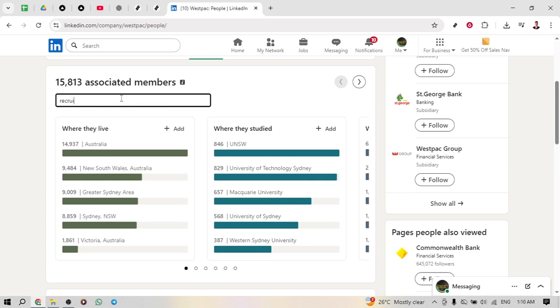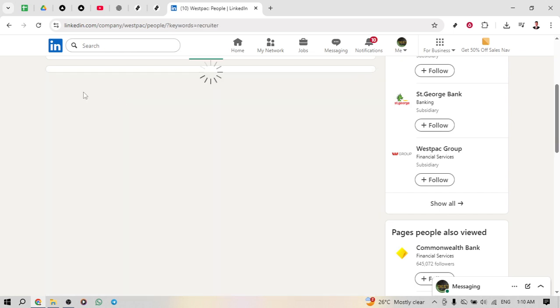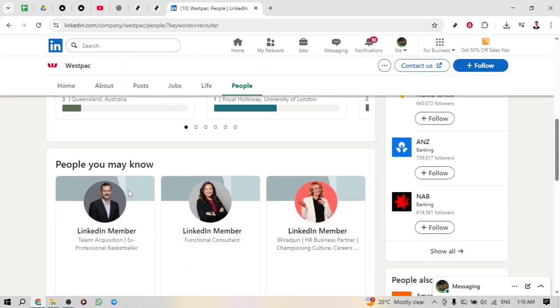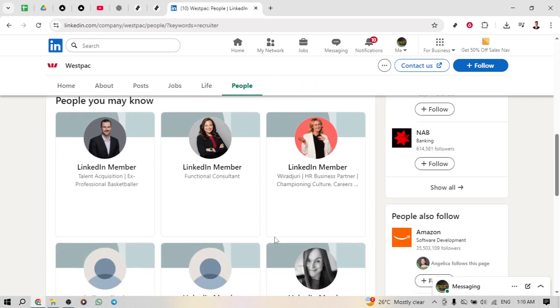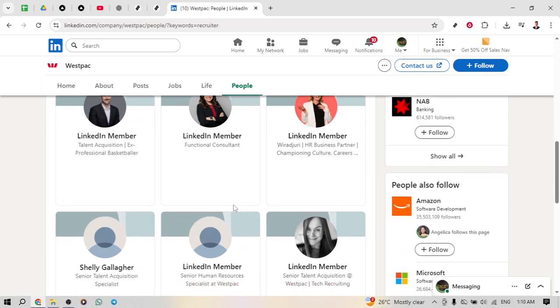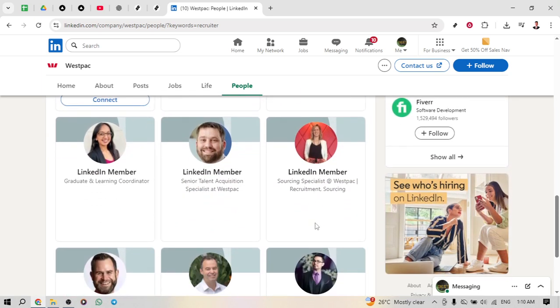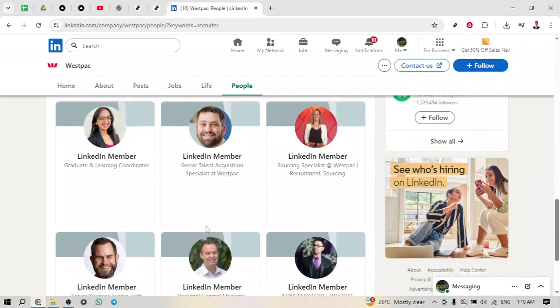Once you've done this, LinkedIn will show you profiles that match your search criteria, listing all recruiters or HR personnel connected to Westpac. From here, you can find potential contacts to connect with, which could be a critical step in your job search process. That's how you can quickly and efficiently find recruiters related to any company on LinkedIn, opening